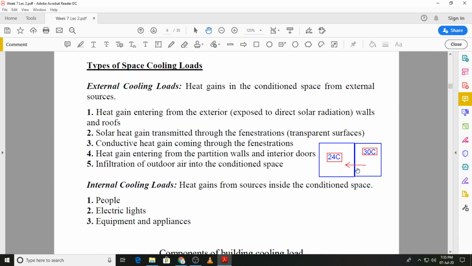So there can be a door in this wall as well, there can even be a window in this partition. So accordingly we can work out the rate of heat transfer through that partition. The partition can also be a basement. For example, if we have a basement over here,